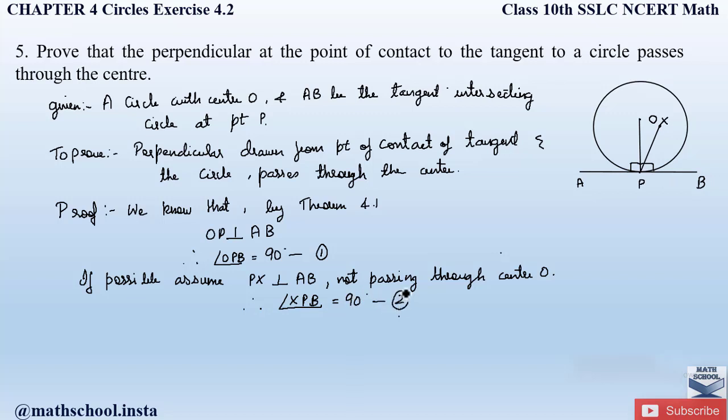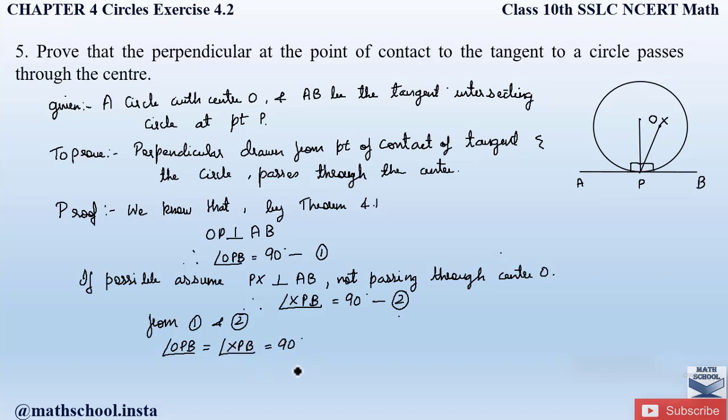Let us take this as equation number 2. So now from equations 1 and 2, we can write angle OPB is equal to angle XPB equal to 90